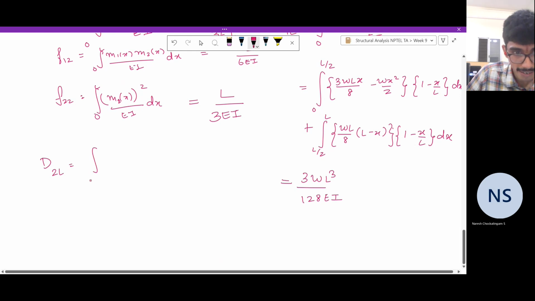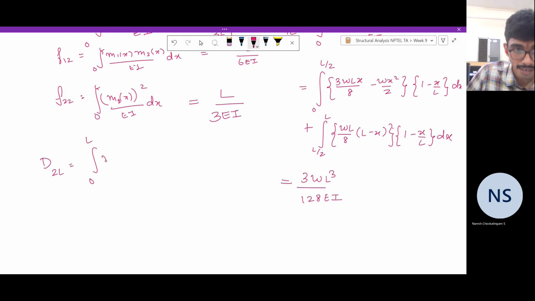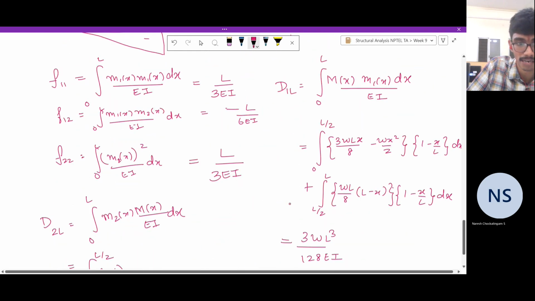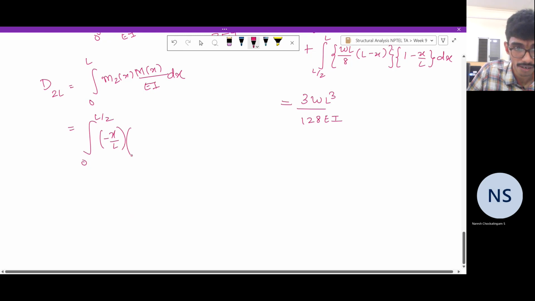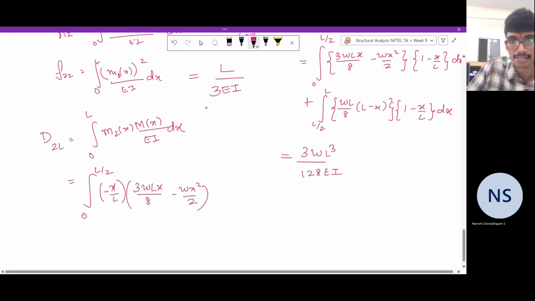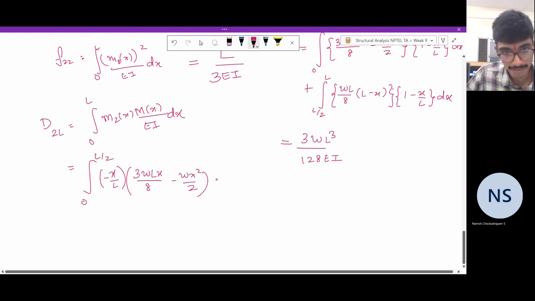D2L is integral 0 to L M2 of x, M of x by EI dx. And the definition of M of x is piecewise. So split the integral from 0 to L by 2. What is M2 of x? Minus x by L, into 3WLx by 8 minus Wx squared by 2. There's an EI everywhere. Just take care of it. dx